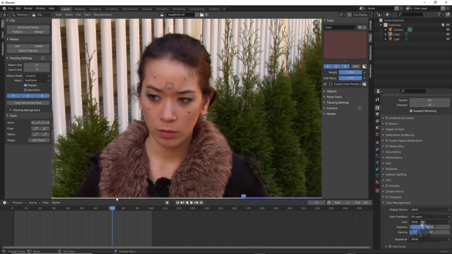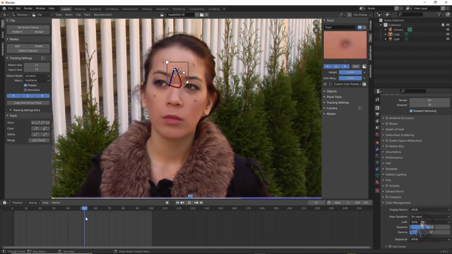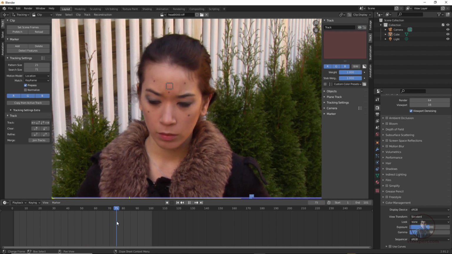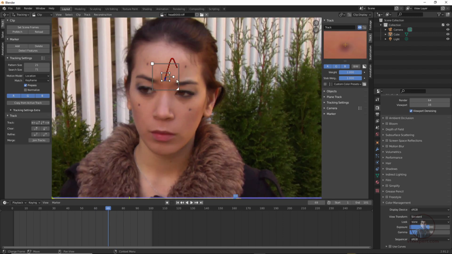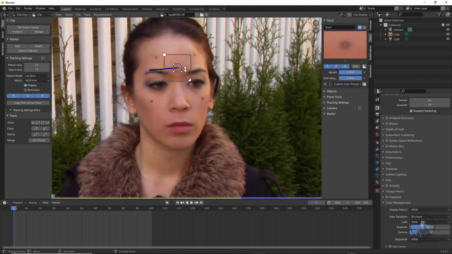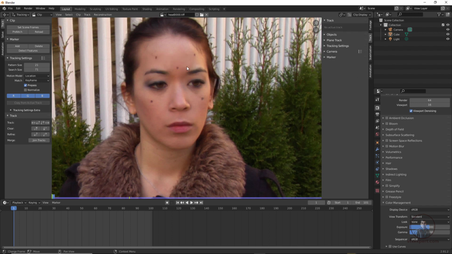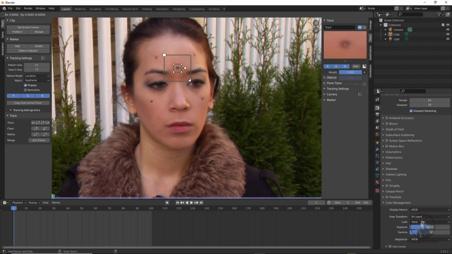Now if you see here, it has tracked some frames, but after some frames it stopped automatically. This may happen due to a lighting change, or a little bit of dark or light change in your shot. So how can we track this point, because this is a little bit tricky? Select this one, press Delete, and delete it. Now create a new one. Hold Control and simply click here. Now I have added the marker again. Place it in the perfect position.